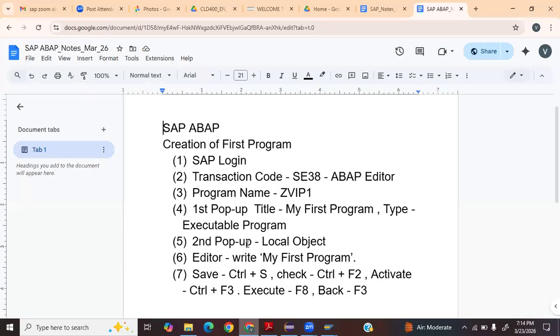So here we are creating the SAP ABAP first program, and in this we're creating the first program. For creation of the first program, these are the steps. I'll do all these steps on the screen on the system, and after that we can